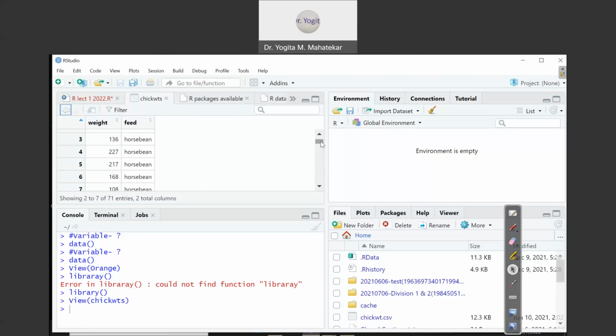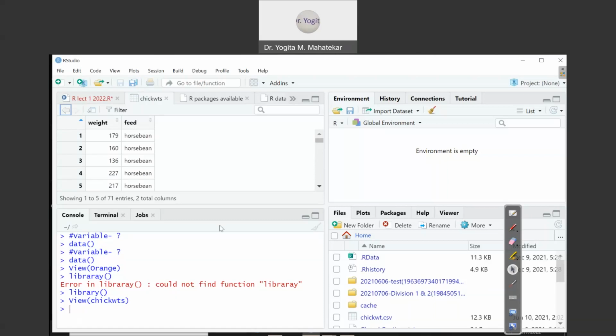We will see different commands used in R to represent this data using central tendency parameters like mean, median, and mode, and dispersion parameters like standard deviation and variance. Mostly in this lecture we will consider the central tendency and find how to calculate mean, median, and mode.